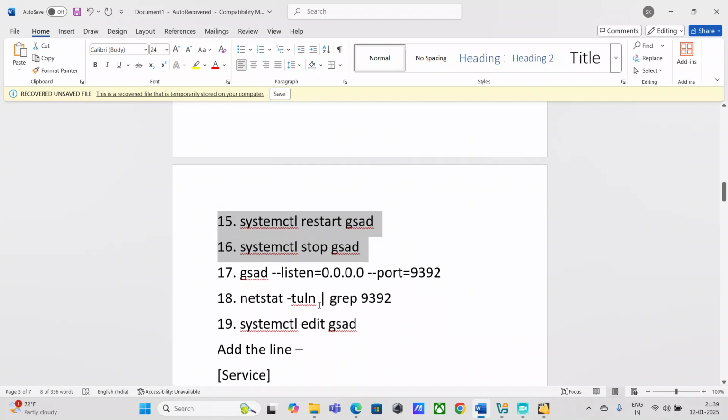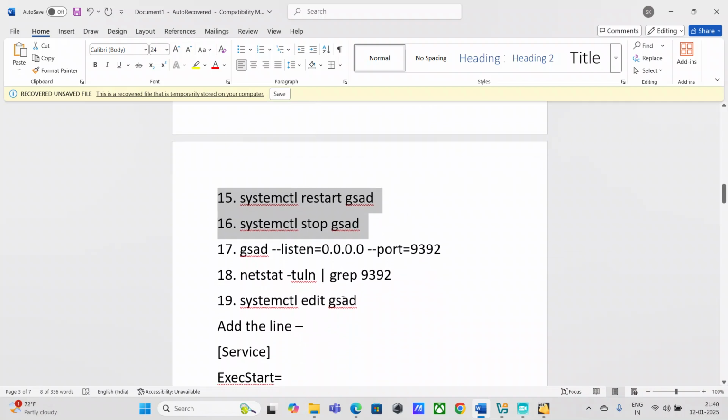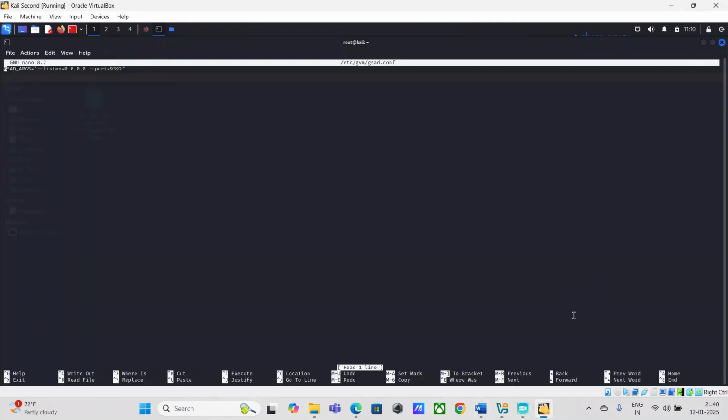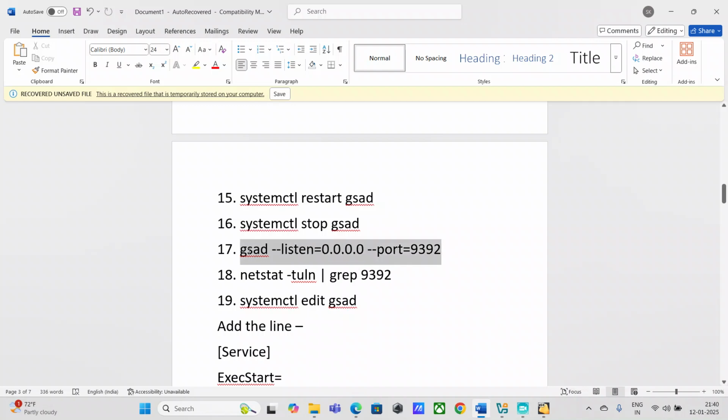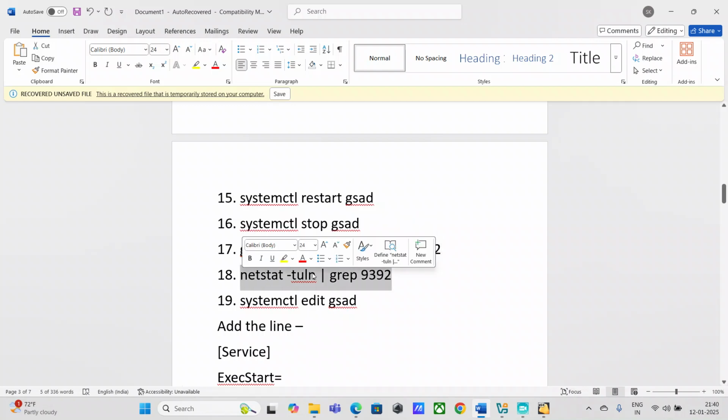After that, you have to run this command again to make sure that this port is actually listening on all the interfaces. You can run this command as well. For me again, like I said, I'm just exiting out. If you see, I've already run this command, that's why it's in my root history, so I need not run it again. For you, you need to run this command basically. And after that, if you just do this thing here,